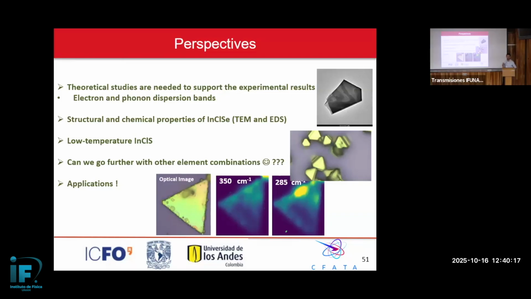So if you know some DFT good people or tight binding, someone that could help us understand what we are observing and why they are behaving like that, it is super useful, because we need to do that. What else? This has been already done, so we can put a check. And of course, the whole purpose of this is to show you that we have this,